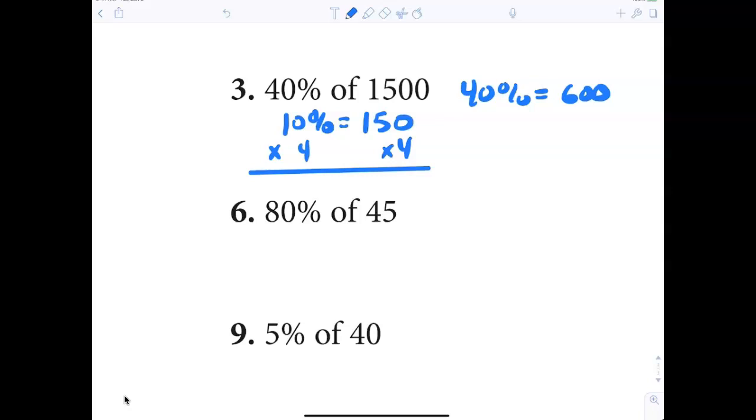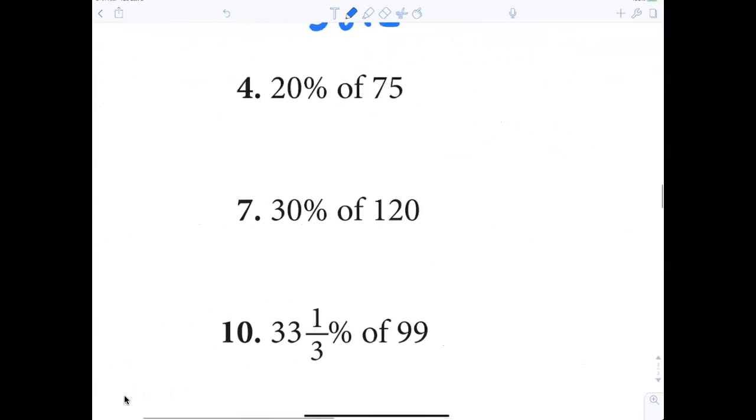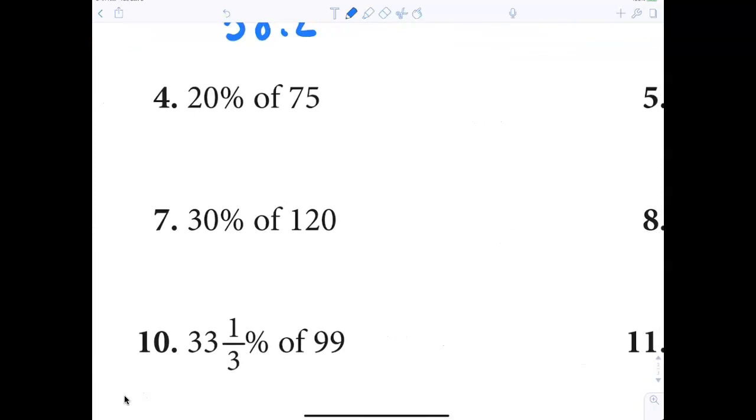All right, let's check out number 4 now. So tell me, how do I do 20% of 75? I'm okay with that. And then 10% of 80 is 8. And so then 8 times 2 is 16. Yeah. So 20% is equal to 16. How did you figure out that 20% is